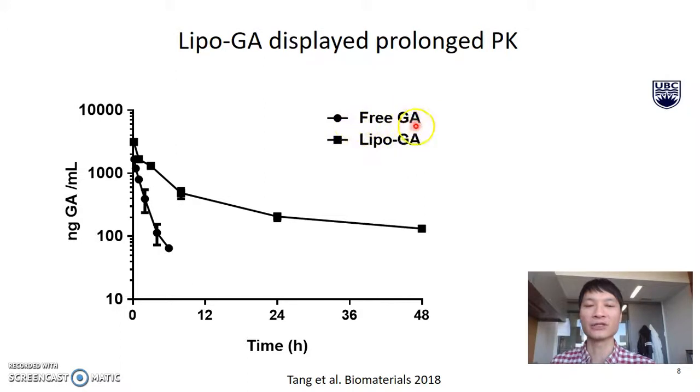One is the free GA dissolved in arginine-based vehicle, and another is lipo-GA. The square is lipo-GA, and you can see the blood concentration is much higher compared to free GA, and the half-life is increased by